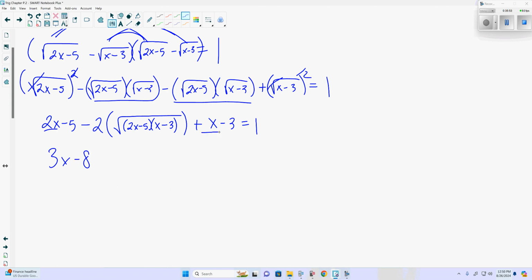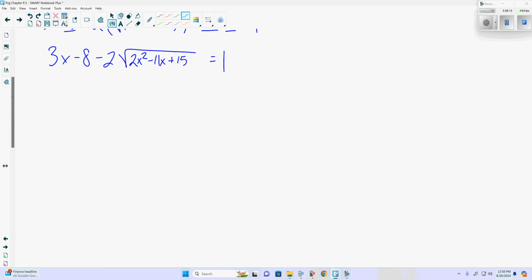But we'll end up getting 2x and x give us 3x. Negative 5 and negative 3 give us negative 8. Now when we multiply this out, we'll get 2x squared minus 6x minus 11x plus 15. Now we'll definitely need to get this equal to 0, or get the radical by itself. Negative 3x plus 9